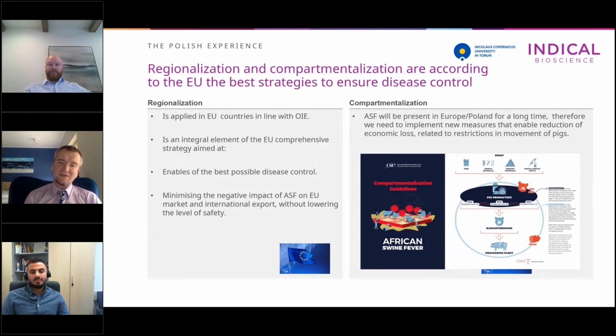And well, in case of lack of further eradication measures in the future, because the majority of the country could be affected by African swine fever, I believe the only solution could be regionalization and the implementation of strict control over the production of all pigs from the pig sector, from production of pigs at the farm level, through slaughterhouses, to processing plants, and also control over all these steps and focusing on surveillance of particular steps